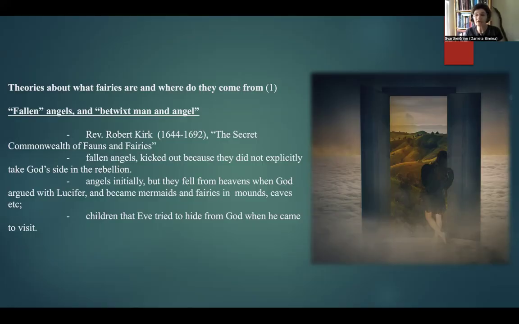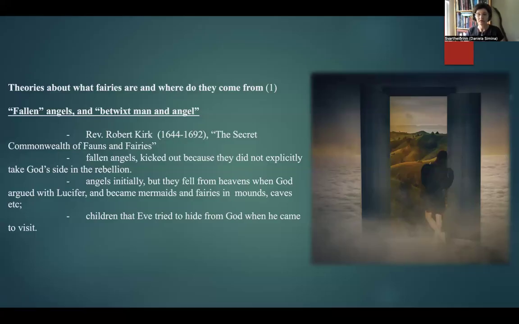So another variation of this is that all these beings were initially angels. And again, we have the argument between God and Lucifer. And in the midst of this argument, God, as the story goes, just slams heaven's door open and this huge air draft creates a swoosh, sending a bunch of angels out there. So they fell onto the earth.